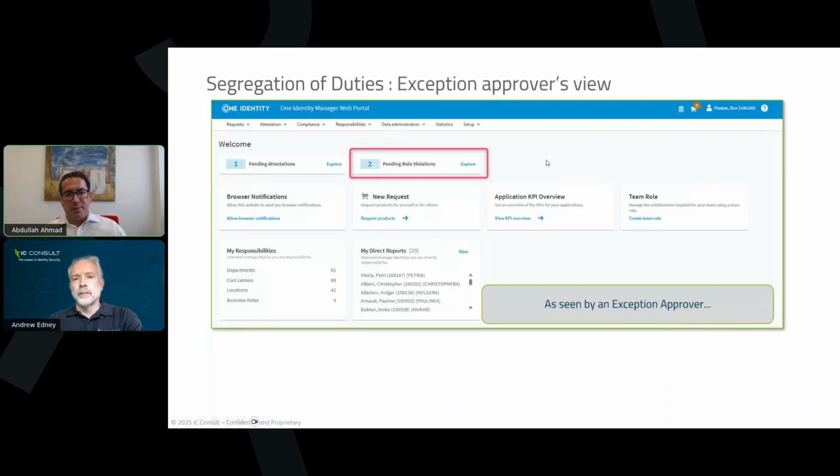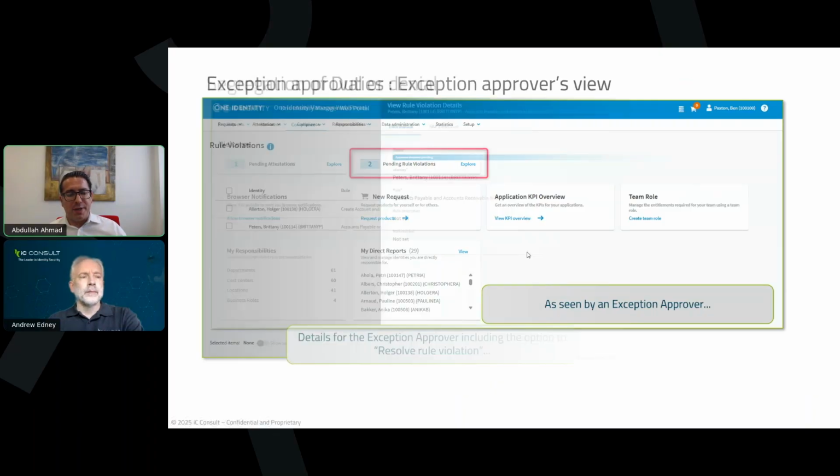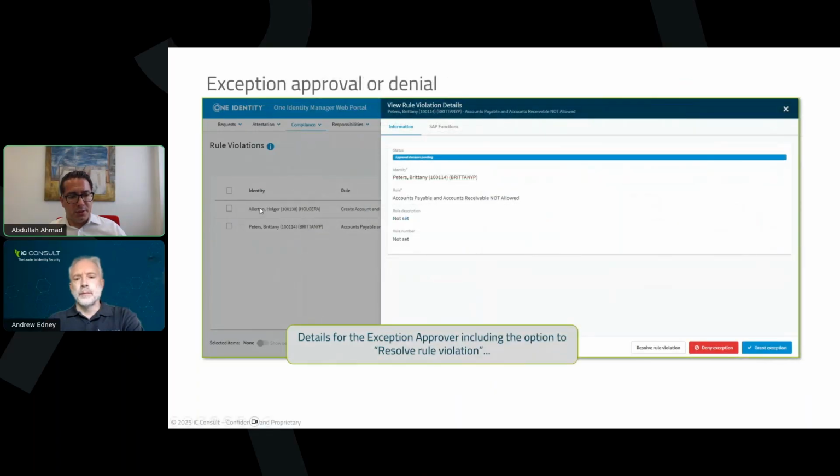So if you're talking about the detective controls in the backend, the approvers will log into the system once they have been informed, for example, and then they immediately see that tile with pending rule violations. If they jump into that rule violation, they see two colleagues are violating certain rules, and they can take action.